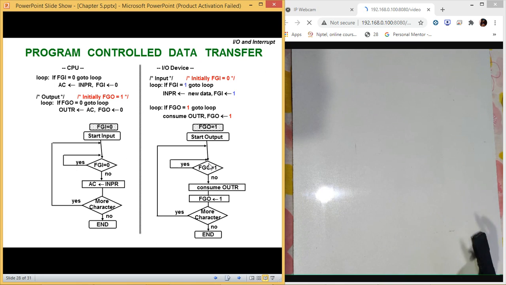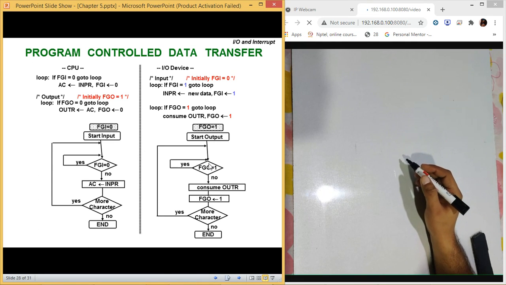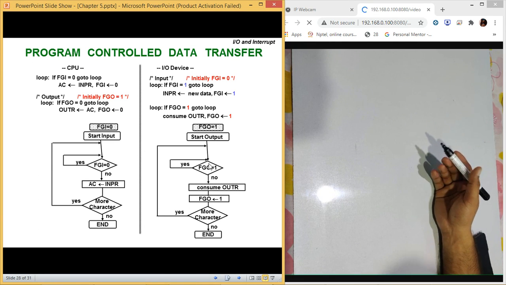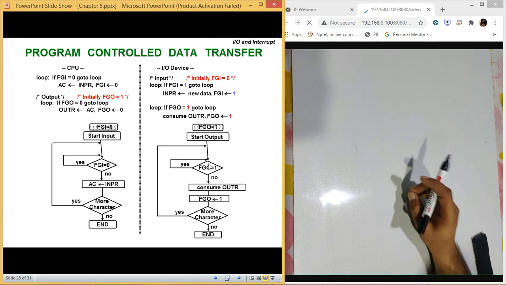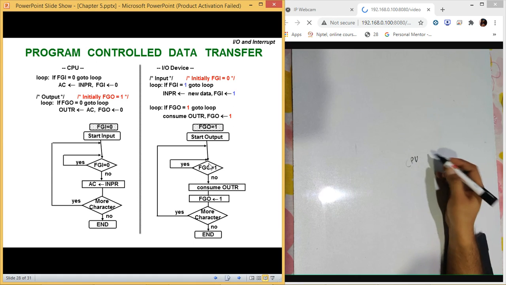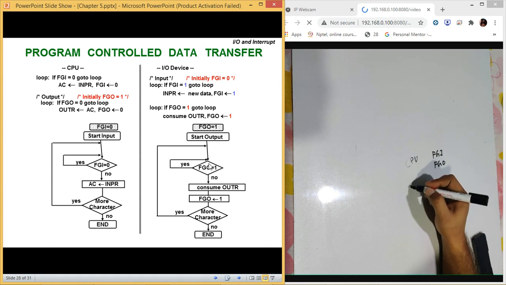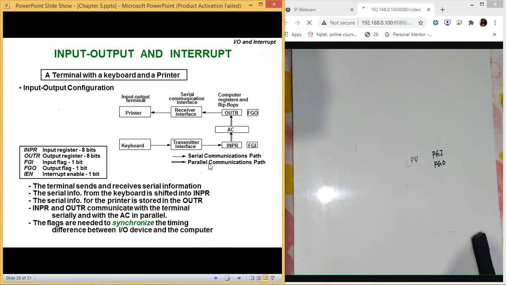Now to overcome this, we got the interrupt. So in interrupt, what is happening? We are simply performing a very simple task. Earlier CPU was checking the FGI and FGO flags. Now we are giving this authority to the interface. Now interface, which is at this place, it is the responsibility of this interface to check the FGI and FGO flags.